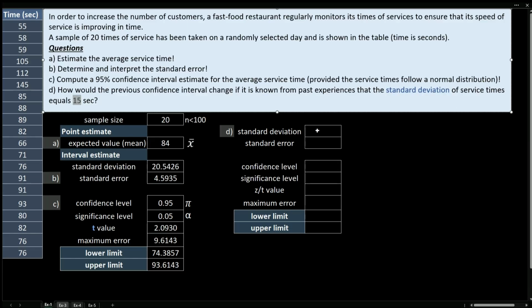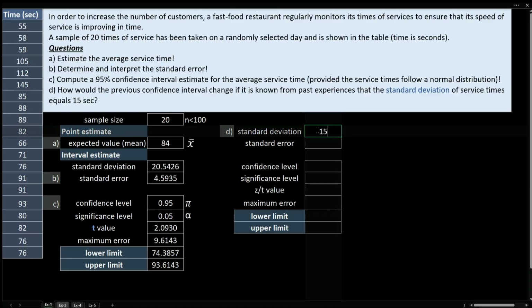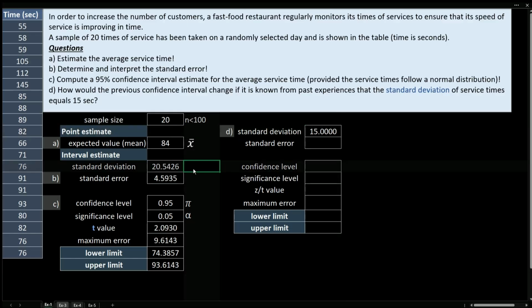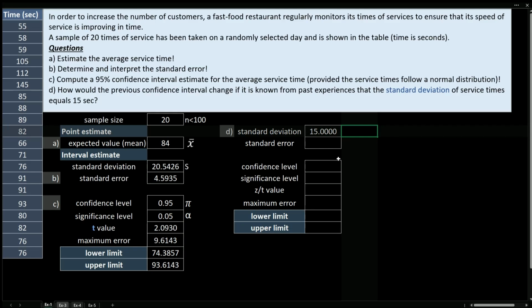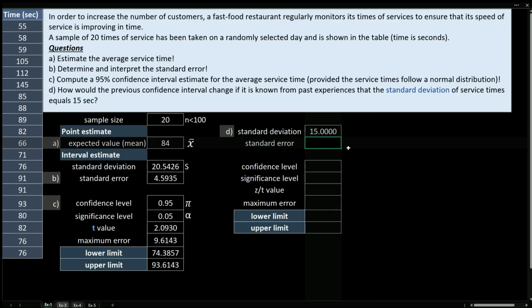Now, in this case, standard deviation is 15. This is not S, this is sigma. So in the previous case, it was S, standard deviation for the sample, but this is sigma, standard deviation for the population. So standard error will be similar, but this time standard deviation divided by root n,